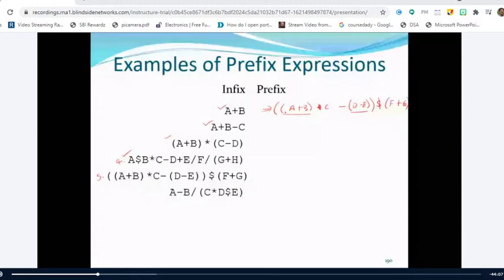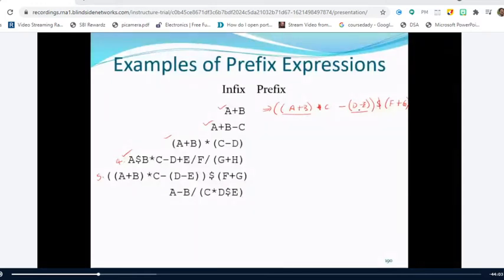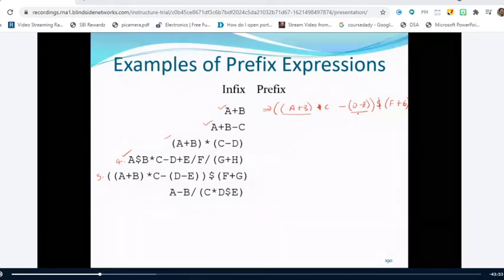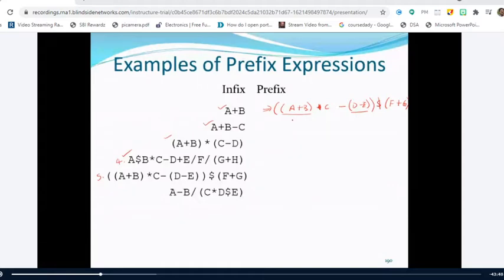Here we have two innermost expressions, that is A plus B and D minus C. And the choice lies in your hand only. Either you can solve the left innermost expression, that is A plus B, or you can solve the right innermost expression, that is D minus C. Finally you will get the same answer. But as a convention, you always start with the left hand. It is just a convention.